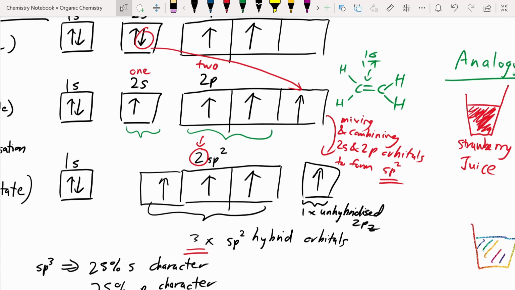So yeah, that is how you'll be able to form the sp2 hybrid orbitals, and these three sp2